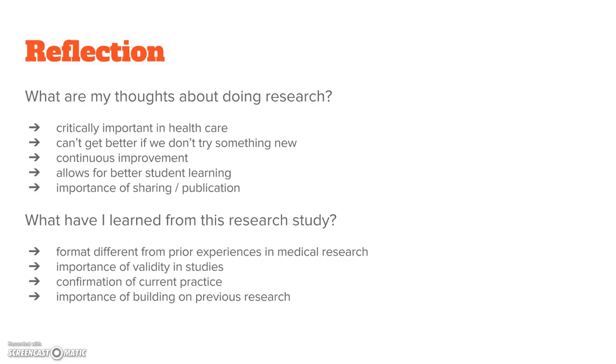Also, it helps confirm current practice. It lets me know what other programs are doing. I loved it. I had a couple people actually contact me individually to ask me about things we were doing in our program, and so there was a lot of discussion there with some of my peers and just, outside of the actual research topic. So that was nice. And also the importance of building on previous research. I think you can't just do one study and be done. I have a number of studies that I could add on that piggyback onto what